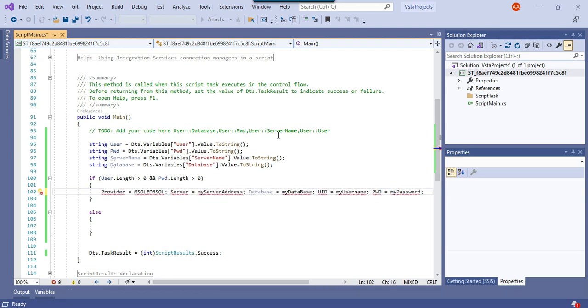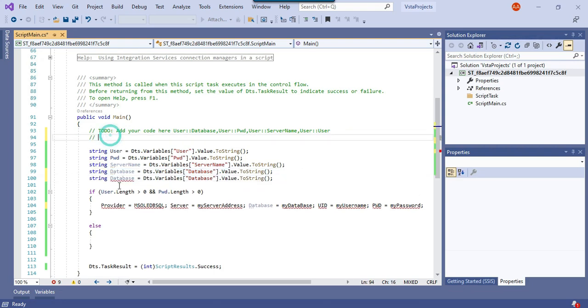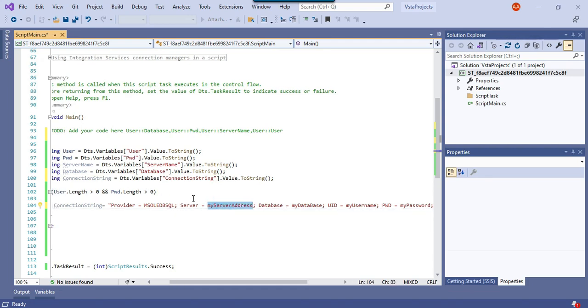Remember there was a connection string variable as well, in the read write variables. So we can make the variable for the connection string as well. The name of the connection string variable was connectionString. Copy this one and paste it here as well. Now in the connection string variable we will put these values. You can start with a double quote and then enclose everything in a double quote as well. Under server name, put double quote plus plus, and then we will put this value.